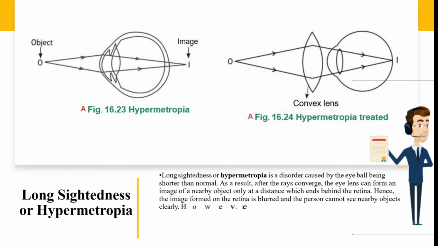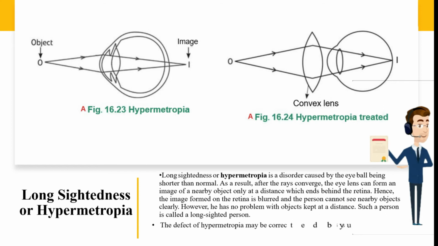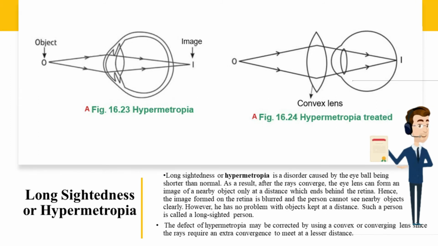Hence, the image formed on the retina is blurred and the person cannot see nearby objects clearly. However, he has no problem with objects kept at a distance. Such a person is called a long-sighted person. The defect of hypermetropia may be corrected by using a convex or